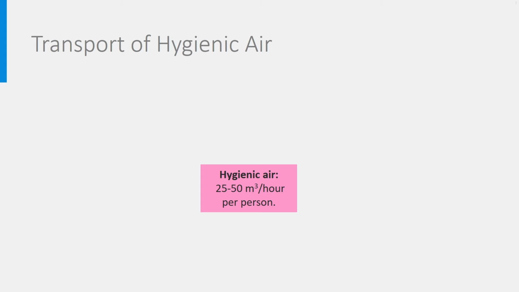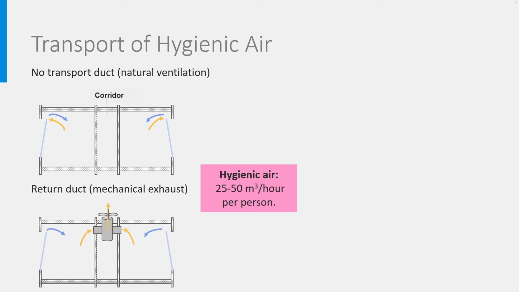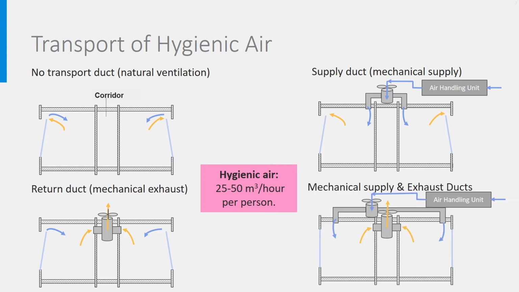The completely natural ones, through windows or opening in grills. You see here a section of a building with a corridor and rooms at both sides. Second, the systems with an exhaust ventilator pushing the air out of the building while the supply air comes naturally in. Third, the ones with mechanical supply where the air is pushed inside the building and then flows away through window openings and cracks. And fourth, the ones with mechanical supply and exhaust, generally equipped with a heat recovery heat exchanger. Only the two last types, the ones on the right, allow for centralized air handling.